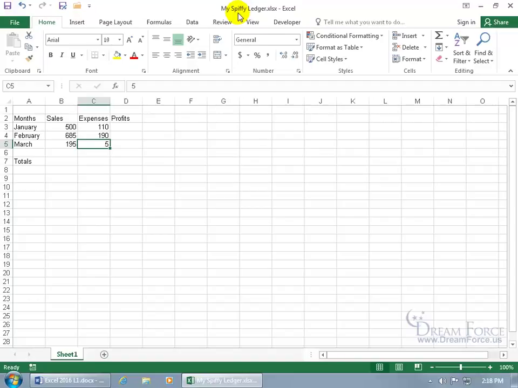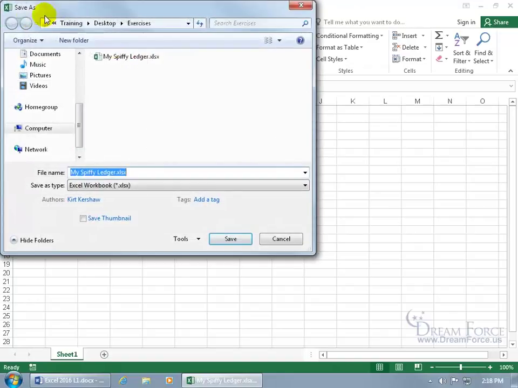So to do a Save As, again, I added it up here to the Quick Access Toolbar. There's the command Save As. Click on it. It opens up the Save As window. Where do you want to save it? Well, it defaults to my Exercises folder on the desktop, and you can see the address here, Desktop, the Exercises